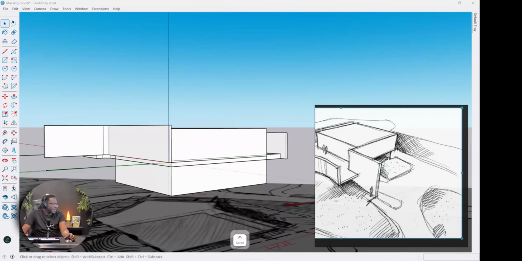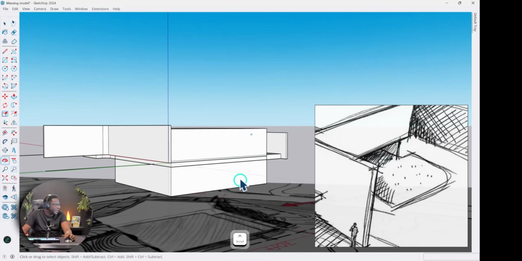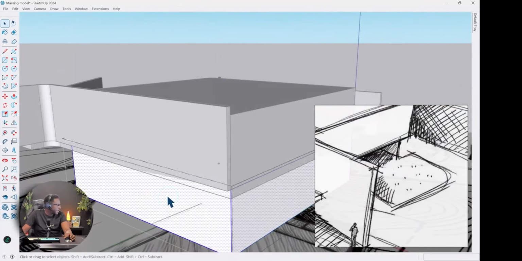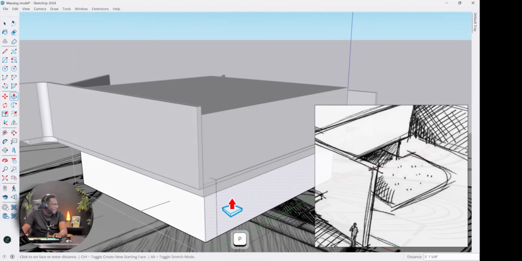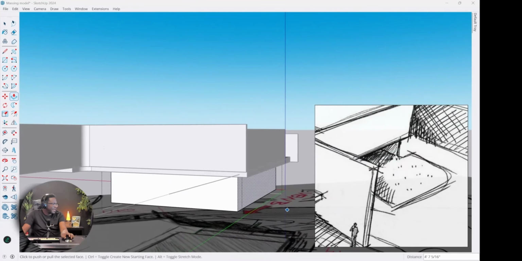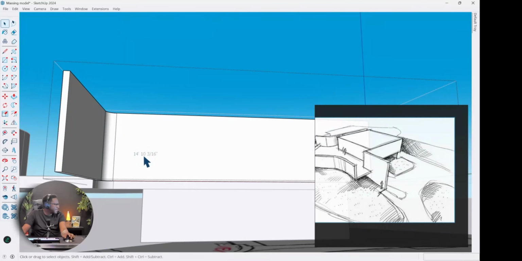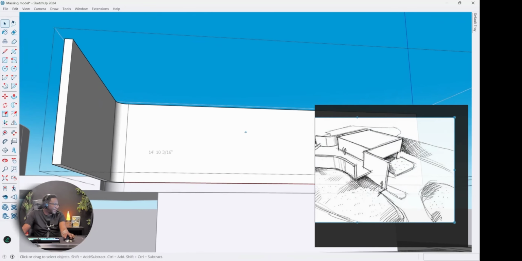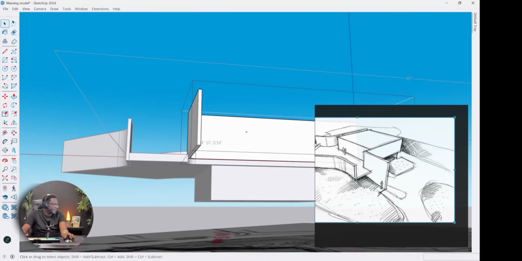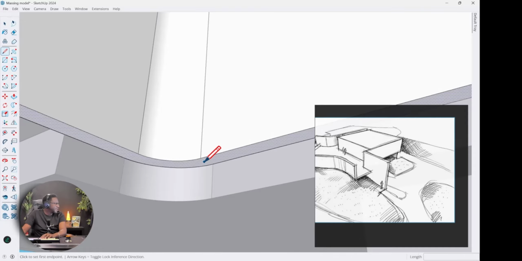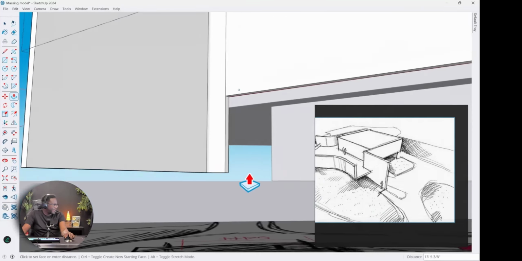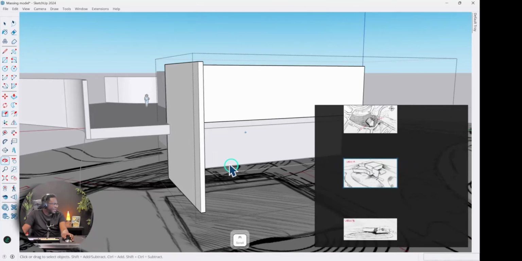All right. Based on this sketch, I think the ground floor is a little bit inset, maybe inward like that. There seems to be a little bit of an overhang based on this sketch. Right. Oh, let's not forget here. This wall here actually goes all the way down to the ground level, but not this section here. So we would need to get our pencil tool, maybe cut this here, and then extrude this all the way down to this point. Yes, I think that is it.